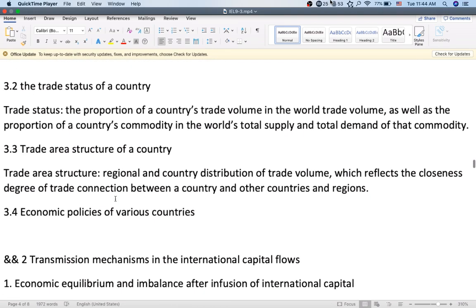And next is the trade status of a country. The trade status means the proportion of a country's trade volume in the world trade volume, as well as the proportion of a country's commodity in the world's total supply and total demand of that commodity. And if a country's trade volume is significant in the world trade volume, and a certain commodity is significant in the world